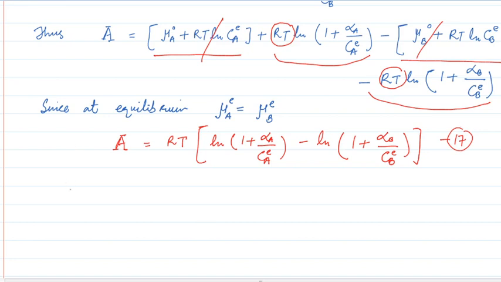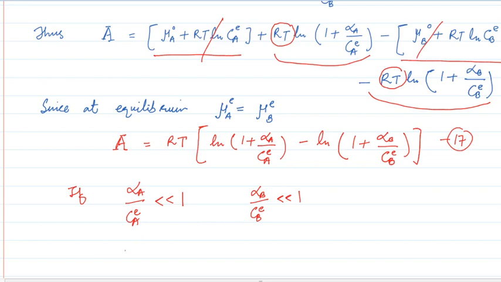Now if we take a condition, suppose alpha A upon CA equilibrium is less than 1, and also alpha B upon CB equilibrium is less than 1,